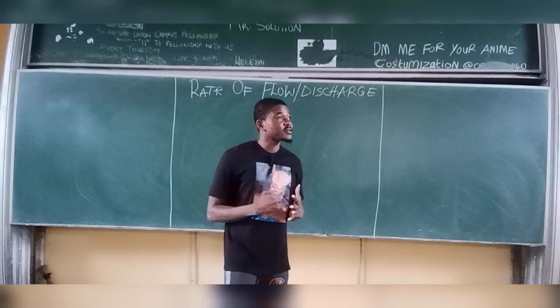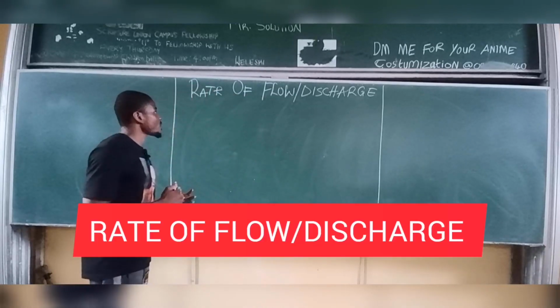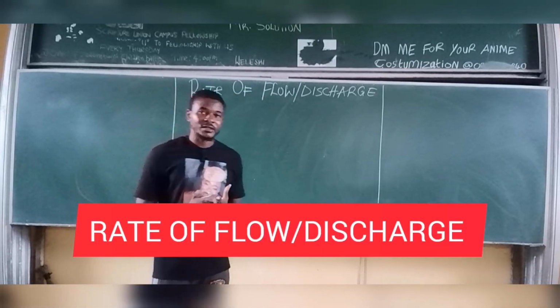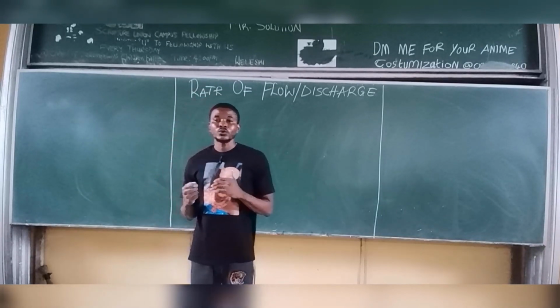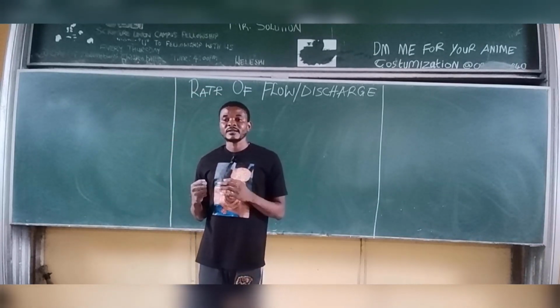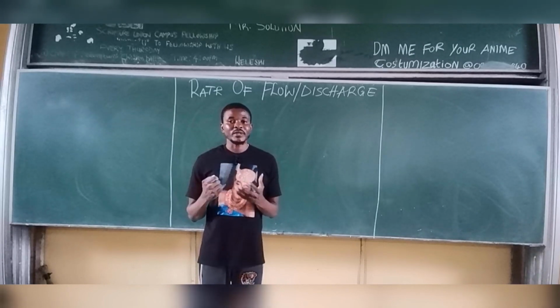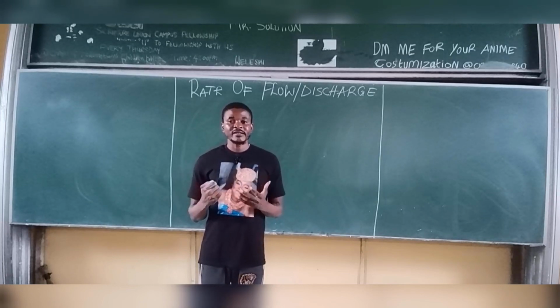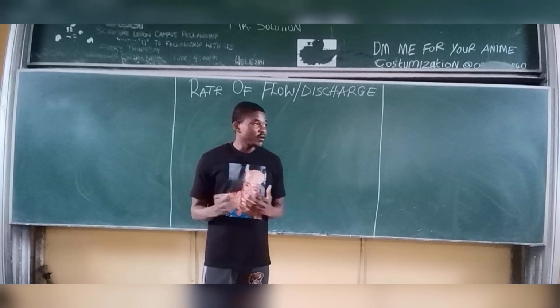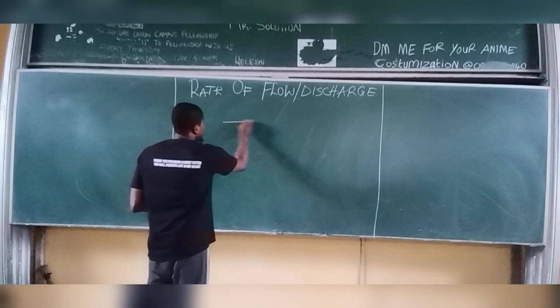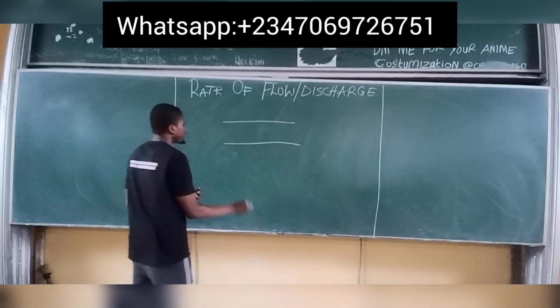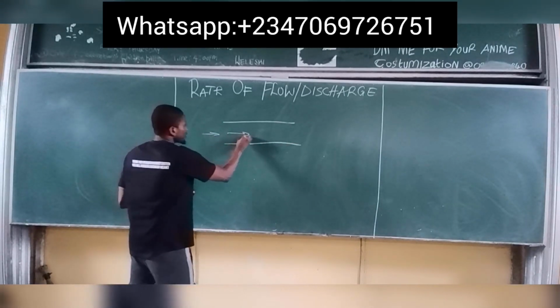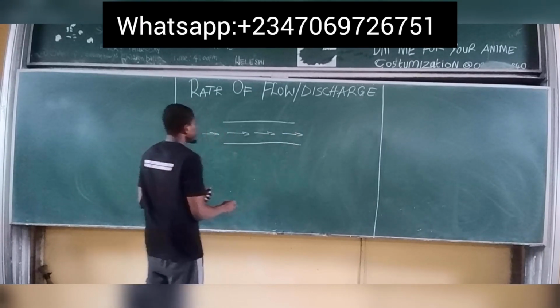So in today's class, we are going to be talking about rate of flow or discharge. Basically, when fluids flow through a pipe, we say that the fluid is flowing with a certain intensity, simply called discharge. So rate of flow is simply the intensity or the amount at which fluid flows through a given pipe. For instance, if I have a pipe and I have fluid flowing through this pipe, okay, let's call